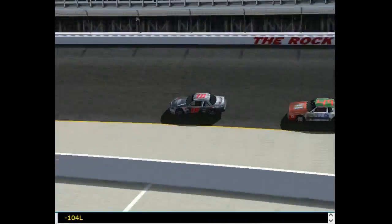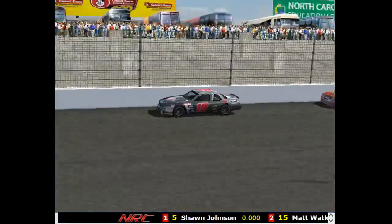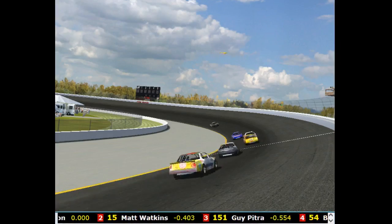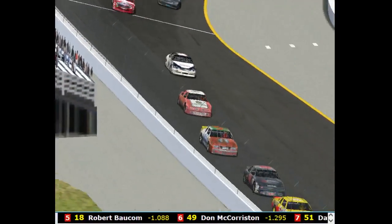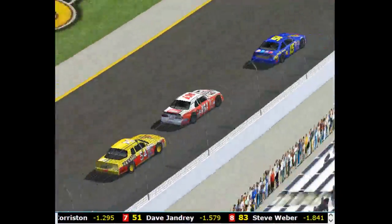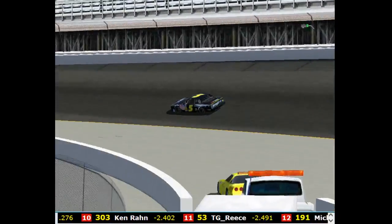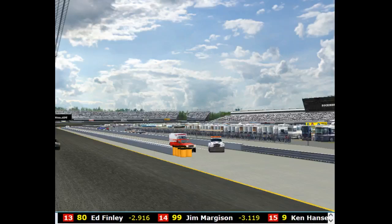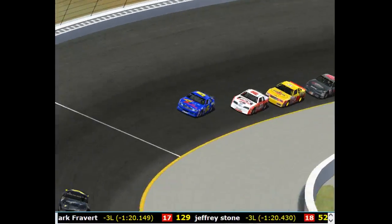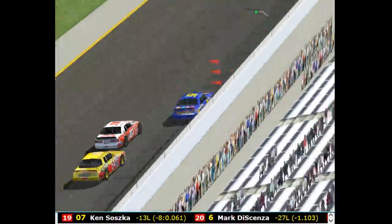Those cars took advantage of that with a little faster lap times. And now you can see the 18 has joined this top four, and he's closing in on the back bumper of Bill Yarbrough in fourth. Sean really has a good-looking car tonight, folks. I think he's got something for the rest of this field, as he has pulled out to a very nice lead over the 15 of Matt Watkins. And as we said, Matt still has his hands full here with the 151, the 54, and now the 18,